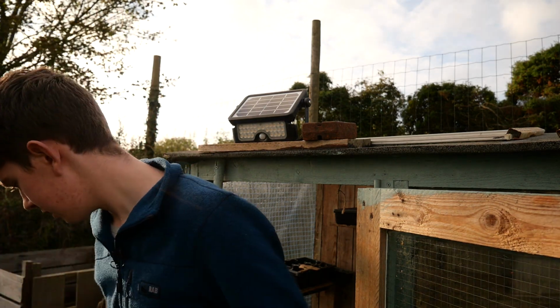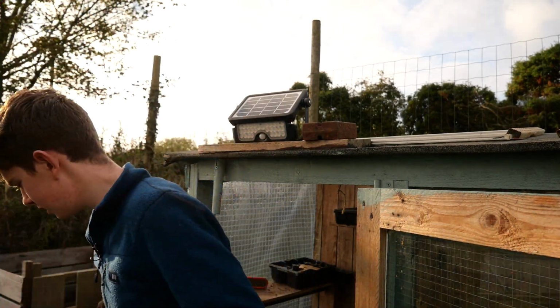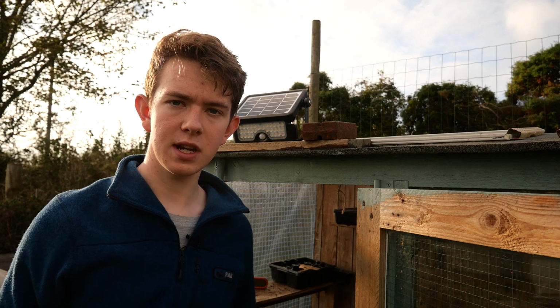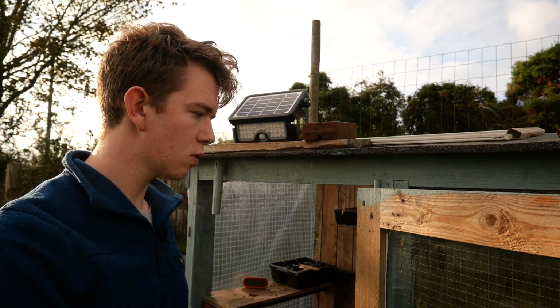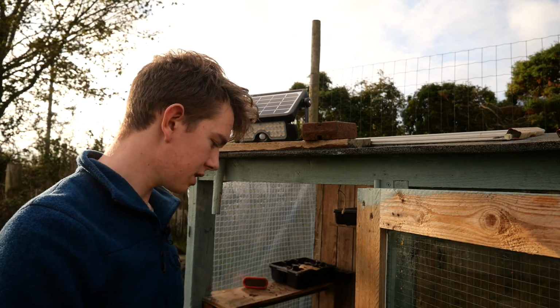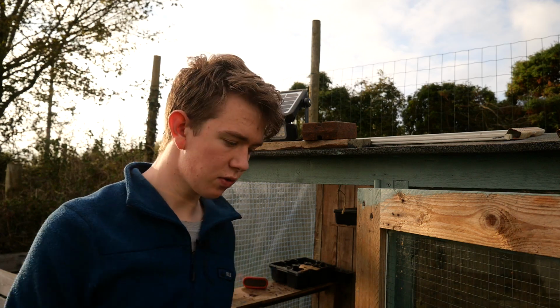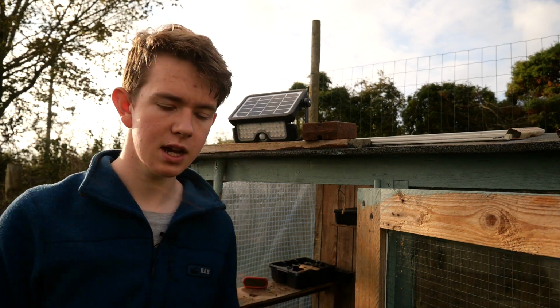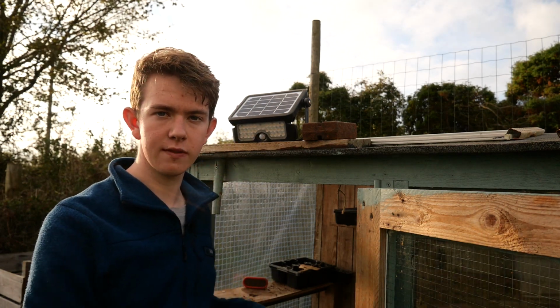I might put some of these old compost bags on the top, because what they'll do is they'll stop any new weeds growing, even though it'll be slow over winter because it's cold, but in a greenhouse it'll obviously get warmer. So what I'll do is I will put some bags down and weight them down, and then I've got it as a storage space in there. I can put things on the ground. The weeds won't grow, and also it'll keep the ground a bit warmer so I can have an earlier start